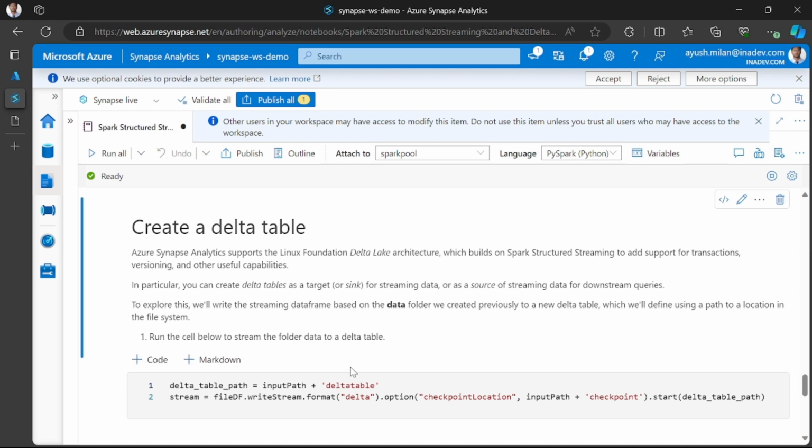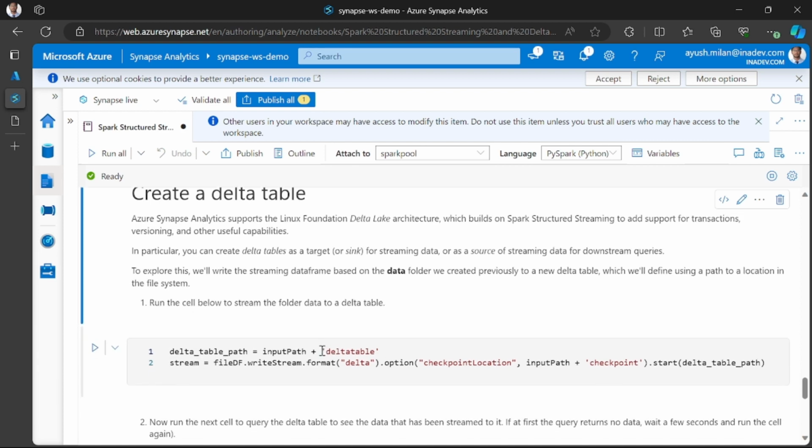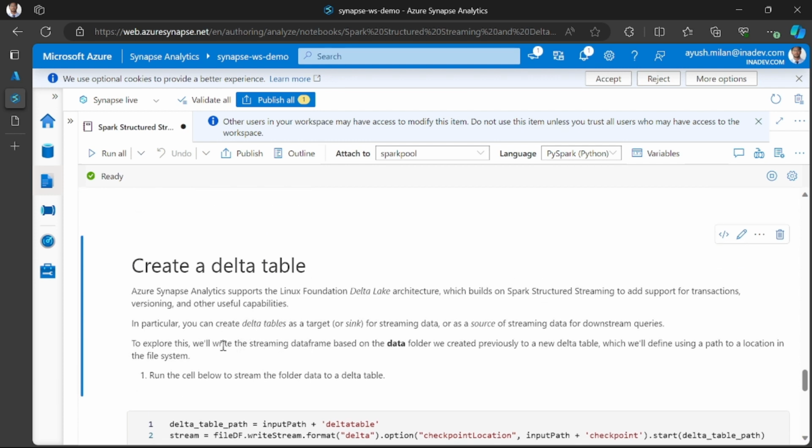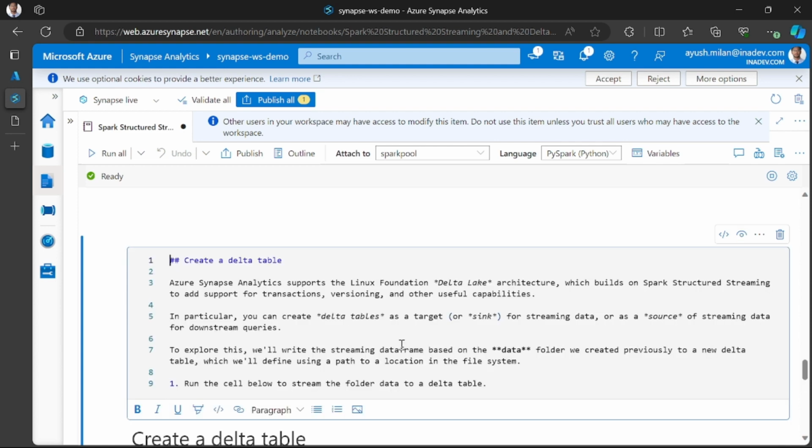We can create delta tables as a target for streaming data or as a source of streaming data for downstream queries. To explore this, we will write the streaming data, based on the data folder which we created previously,